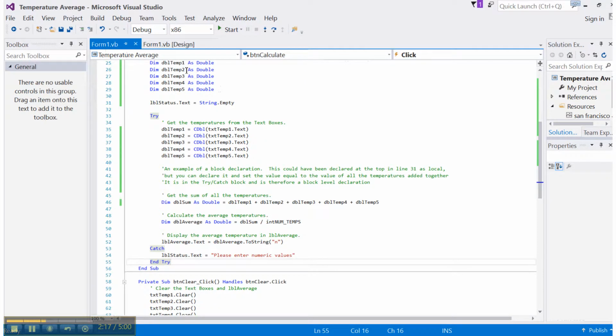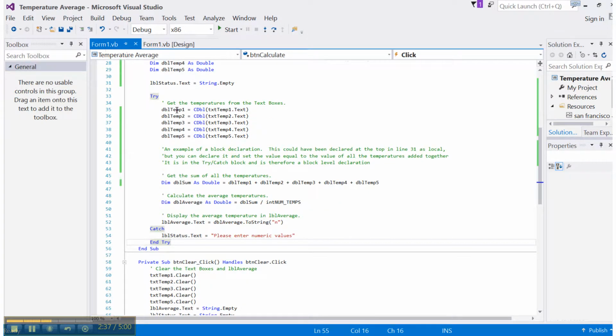Okay. So it's going to set up those values, and initially they're just null. There's nothing in the value for those. And it will set the status label text to be cleared just in case. That's where we will enter any error messages. And then we have what's called a try-catch statement. This means we're going to try to get the values that the user entered. And if there's an error, then it will go down to the catch and display an error message in